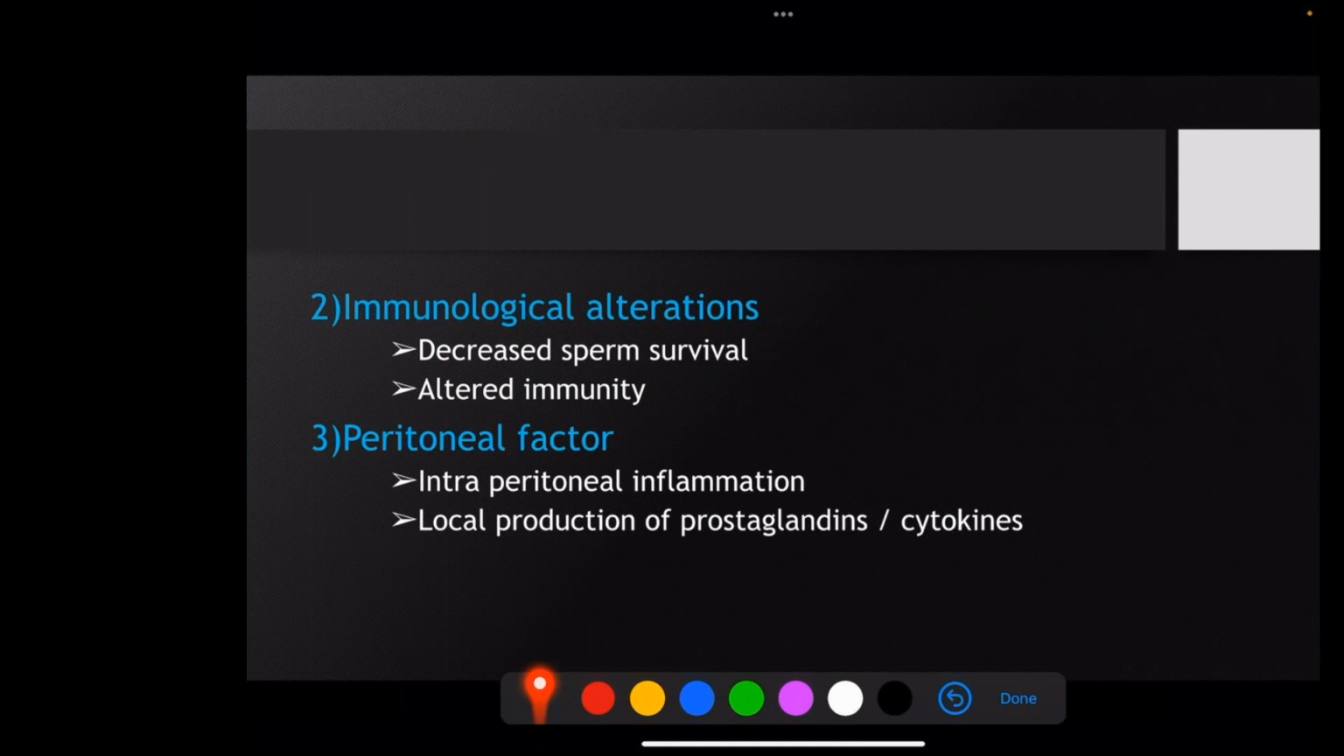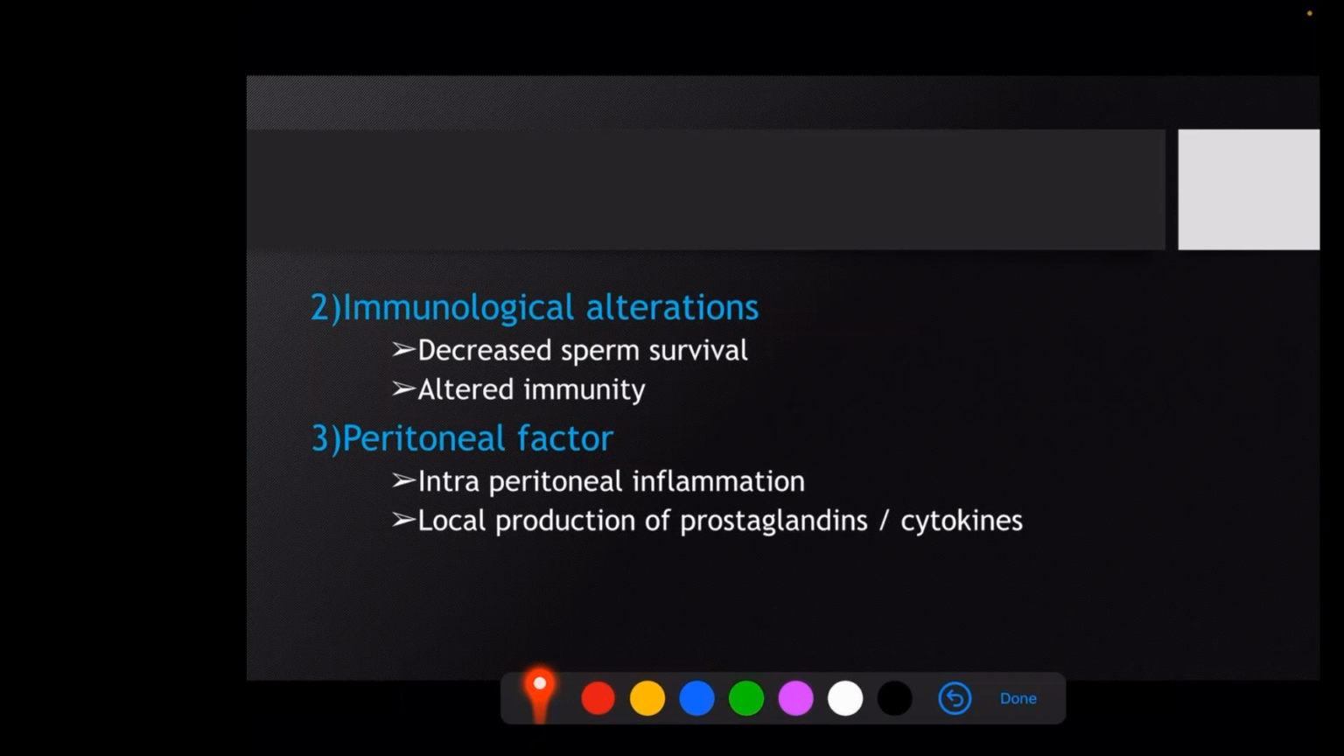Then again, immunological alterations. There is decreased sperm survival or altered immunity or increased or decreased secretion of various cytokines that regulate the immunological process have been found. Again, peritoneal factor, it is important. Peritoneal inflammation and the local production of prostaglandin or cytokines. See, in case of